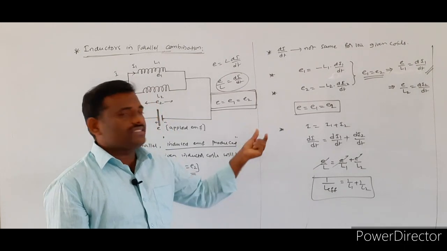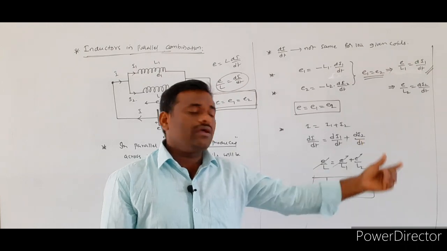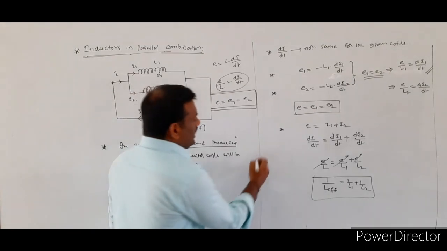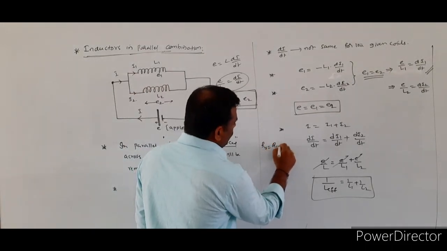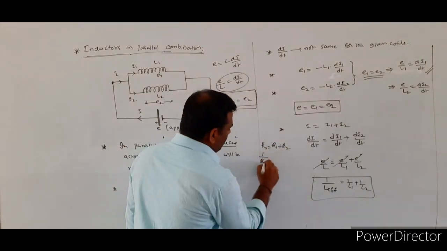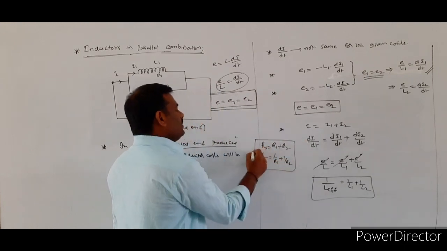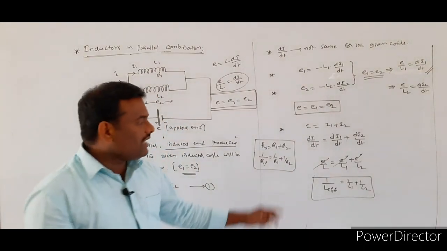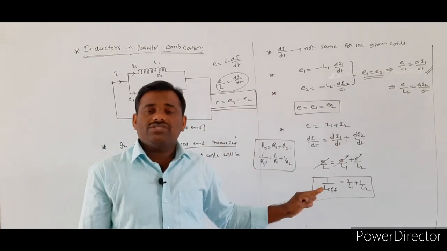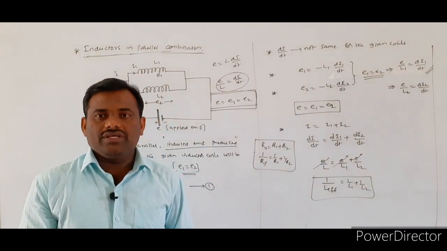Already you studied this concept in current electricity, resistance in the series combinations, resistance in the parallel combination. The similar type of equations you got there. If they will be in the series combination, you wrote Rs is equal to R1 plus R2. If the resistors will be in the parallel combination, you wrote 1 by Rp is equal to 1 by R1 plus 1 by R2. Here also the inductors will be similar to the resistors. The similar expressions you get in the case of either series combination or parallel combination. This is about inductors in the parallel combination.